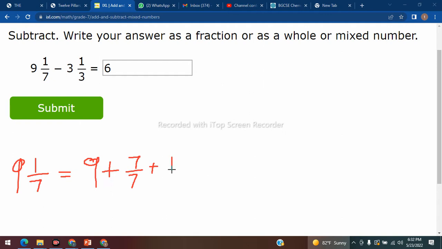Plus 1 over 7. And so we end up with what? 9 and what? 7 plus 1 is 8 over 7. Good. So we have 9 and 8 over 7, and so we're going to focus on the 8 over 7. So it's going to be 8 over 7